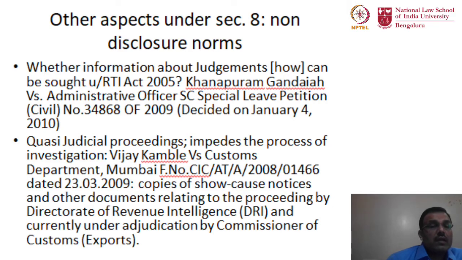Now, Section 8(1)(b) states the non-disclosure norms that are set by the judiciary, which is another important organ of the government. It very clearly says that when the courts or the judiciary have expressly forbidden any information to be shared, then such information shall not be disclosed under the Right to Information Act. It also suggests that any information that may amount to contempt of court is also exempted. Now, there are some very interesting developments vis-a-vis the judiciary and the Right to Information Act, and what information the judiciary will share and what it may not.